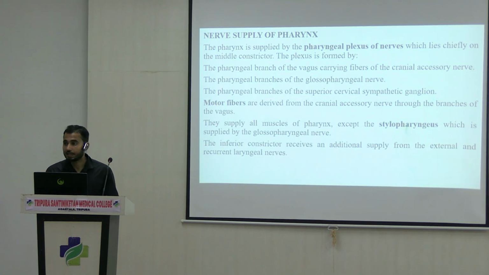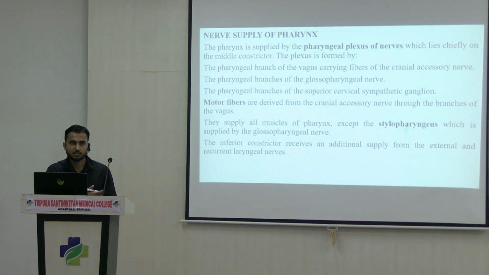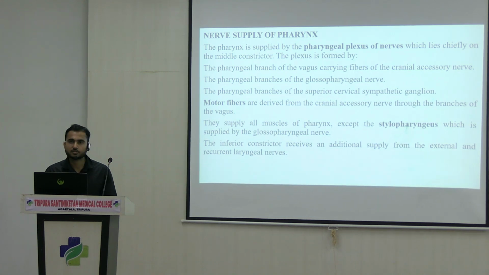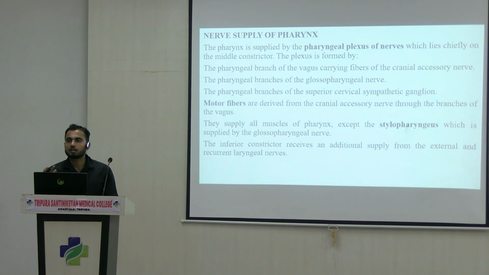Motor का मतलब M for M motor, M muscles. Okay, so which muscles will be supplied? Muscles of the pharynx. Just now we have discussed 6 pairs of muscles are there. Okay, so that's why the first part will be the motor part, then will be the sensory part, and then will be the secretomotor part. Okay, so these three parts, whenever you are writing about the nerve supply, please try to segregate it and then